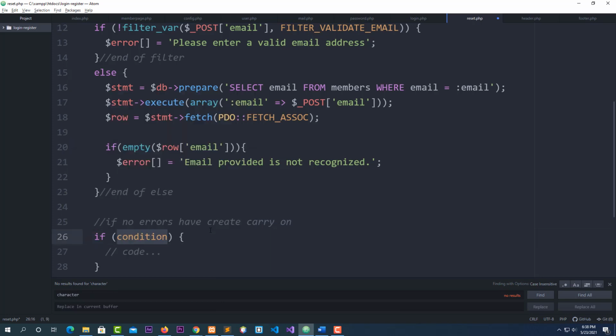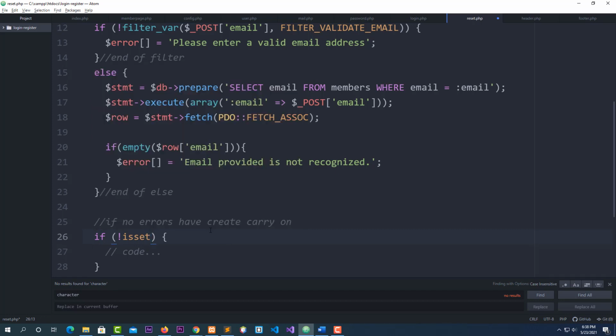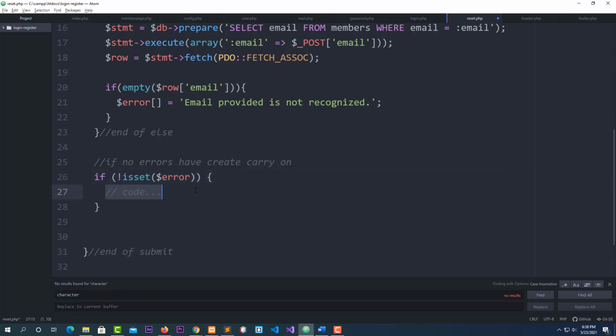If not set errors, the last sign errors. Okay, put my code here. If not set errors, this is where I'm going to use a statement, guys. I'm going to use a statement here. Okay, if not set error,